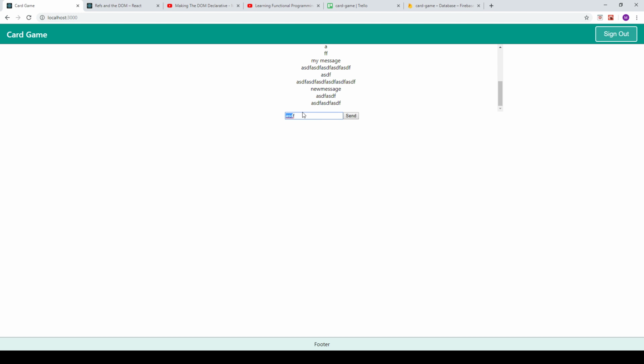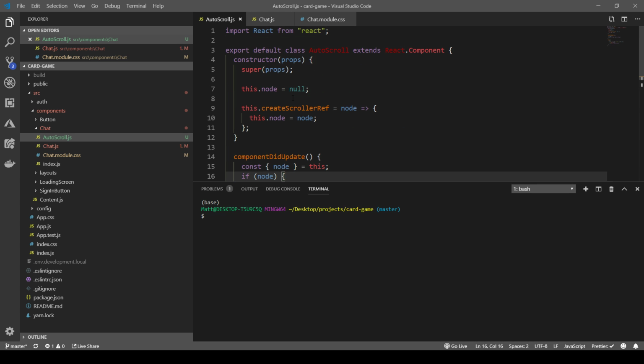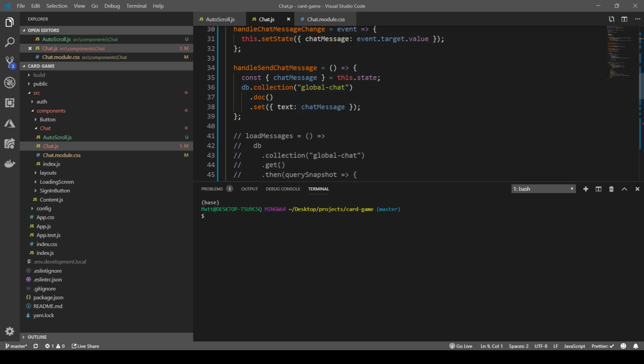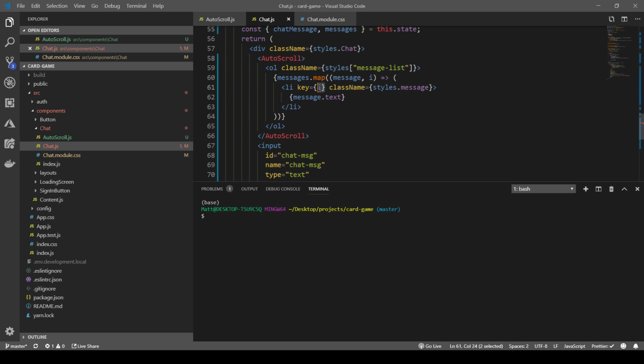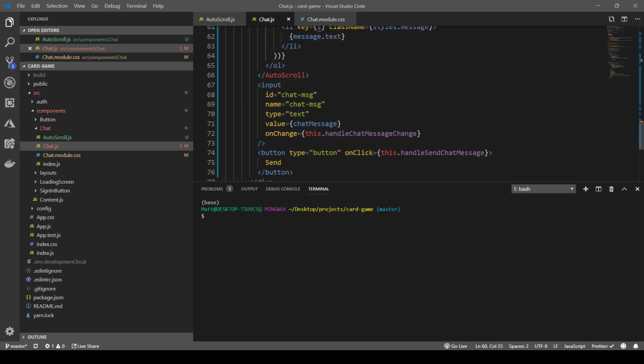The only reason is because I think he doesn't have a controlled component, so I'm not going to worry about that. One thing I did notice, though, is the text is not cleared when you send the message. So I want to do something with that right now. Temporarily I was using message ID, and it was giving me an error in the console. So temporarily I'm using the index, which you're not supposed to do. But I'll fix that, and I'll actually use the ID, which I'm going to figure out next after I clear the